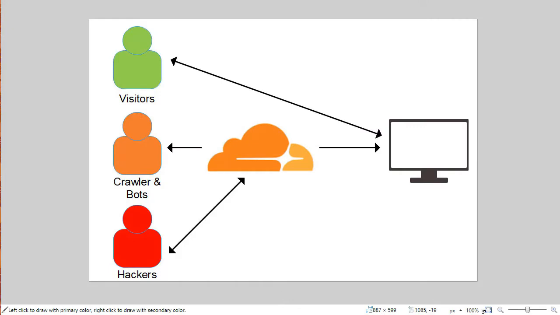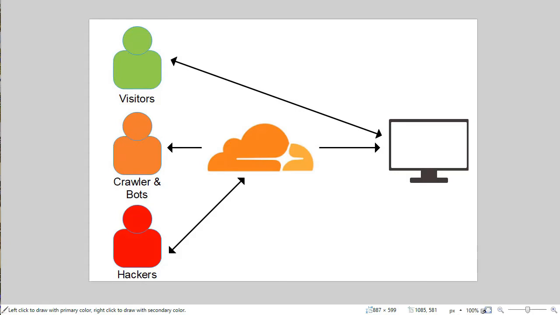So basically, when somebody comes into your site, if they're a normal visitor, Cloudflare will just let them through. If the traffic to your site is a crawler or a bot, Cloudflare may let it through or it may not, depending on whether it's a safe crawler or bot. So for example, if Googlebot comes to your site to try and spider your site so that it can index it and include it in Google, Cloudflare will happily let that bot through. Although malicious bots and bots that are just going to try to spider your site for less safe reasons, they will be stopped. And similarly, known hackers trying to access your site also going through Cloudflare will also be blocked,